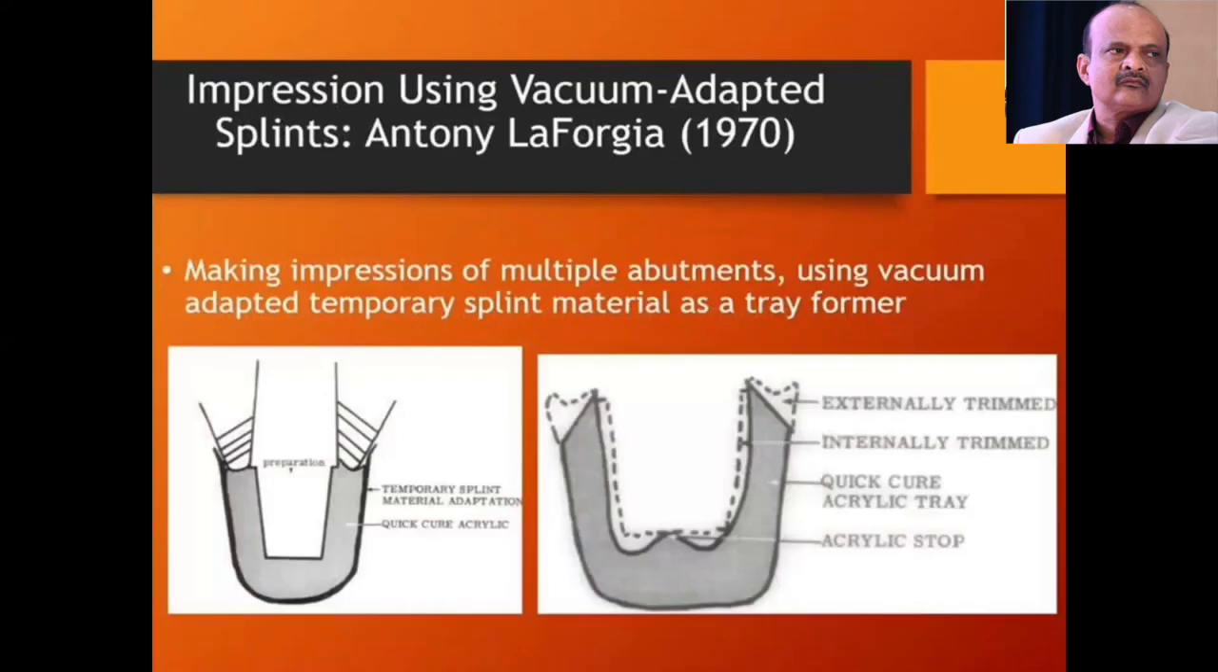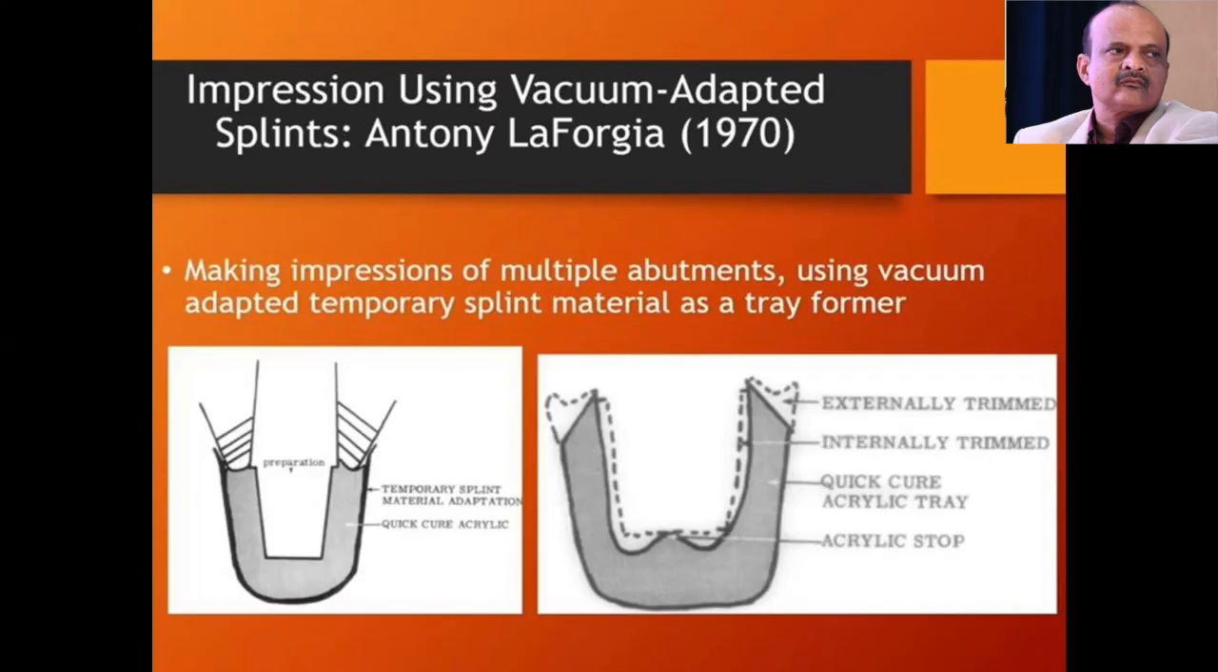Impression using vacuum adapted splints, recommended by Antoine Leforgia in 1970. Here the vacuum adapted temporary splint was fabricated and filled with a quick setting acrylic, and while the acrylic is being set, you can feel the temperature change from outside of the splint. You need to remove and reinsert a couple of times to avoid the blockout flow of the material into the undercut